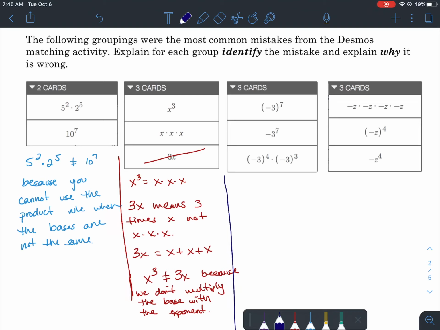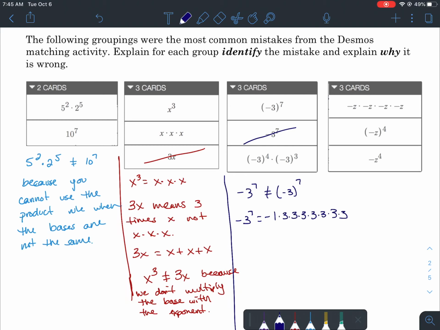Take a look at the next group. That middle one does not belong. Negative 3 to the 7th is not the same as negative 3 in parentheses to the 7th. If you look back at your notes, we discussed this. Negative 3 to the 7th is actually negative 1 times 3 times 3 times 3 times 3 times 3 times 3